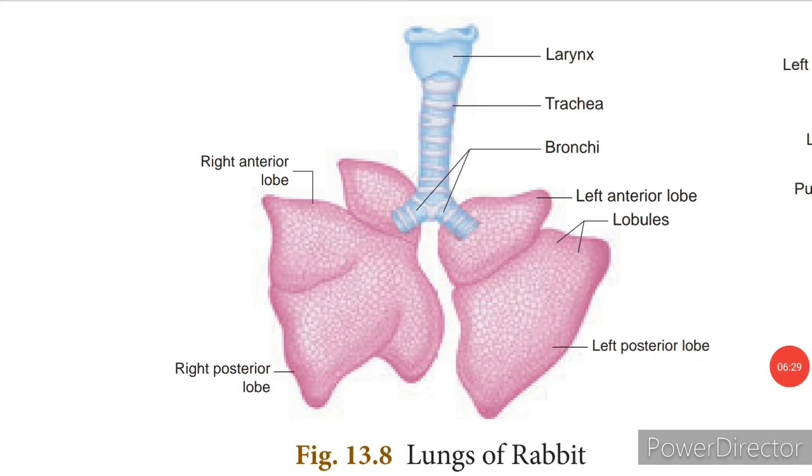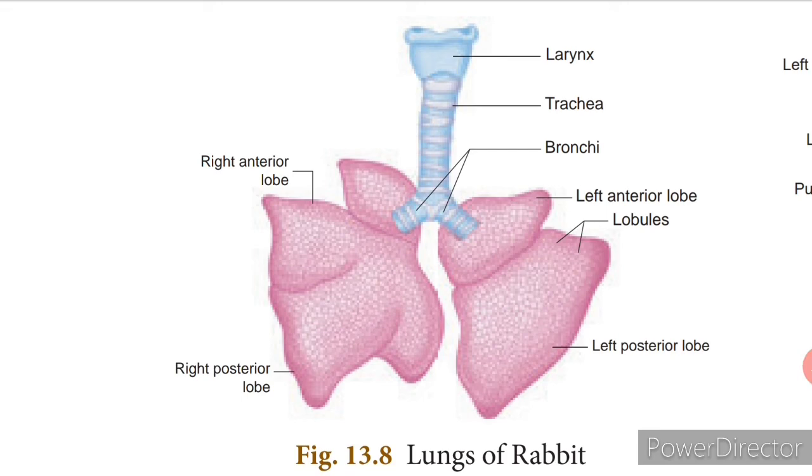Look into the picture, children. The trachea consists of the rings of cartilage, isn't it? So, this helps in the free passage of air. And the epiglottis prevents the entry of the food into the trachea. And the trachea divides into two branches. You can see here on either side the bronchi, isn't it? So, this trachea leads to the two branches which are called the bronchi. On entering each lung, it is further divided. This bronchi is further divided into bronchioles. Each end of the bronchioles consists of alveoli.